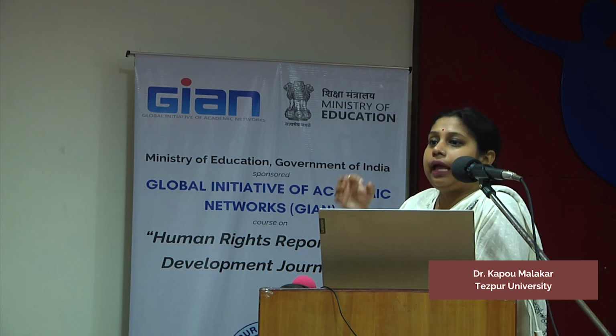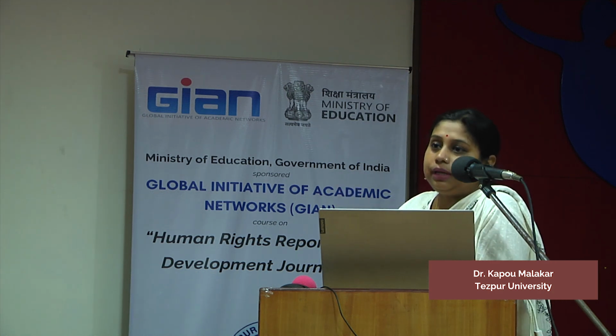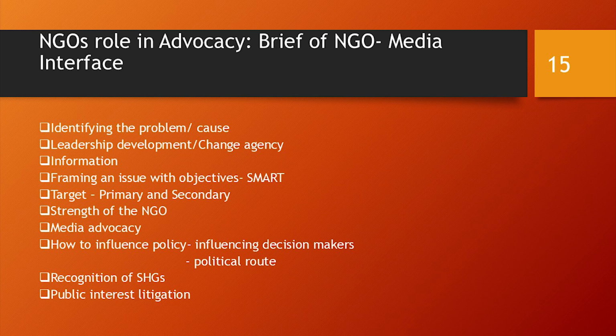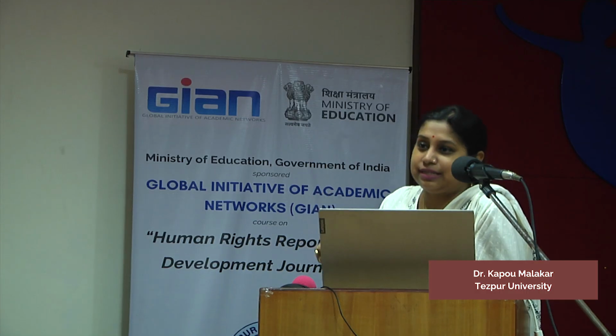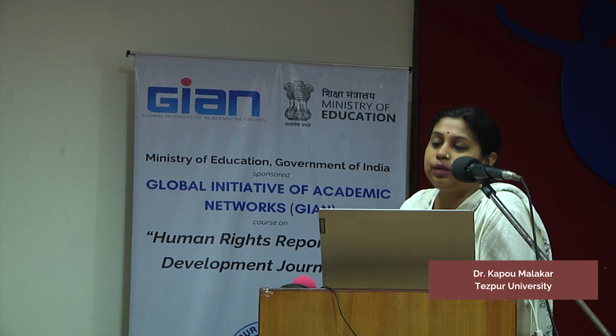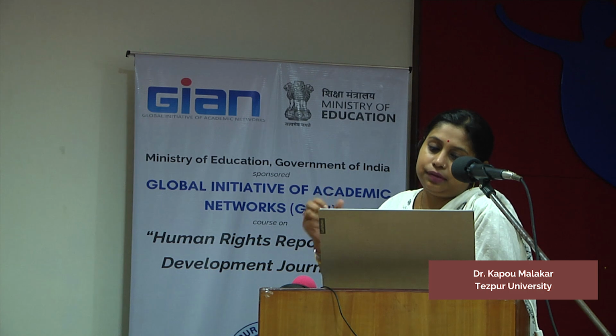So that way you can have some objective, which will be a smart objective, and that too entangled with the issue that is related to the issue. Then we have the target, that is the change target, which is very important. Change target may be primary or secondary. The primary target will be the government, basically, who can bring change, and the secondary target will be the editors and newspapers. Those editorials will always make a change, and they will support the change. So you also need to have primary and secondary targets.